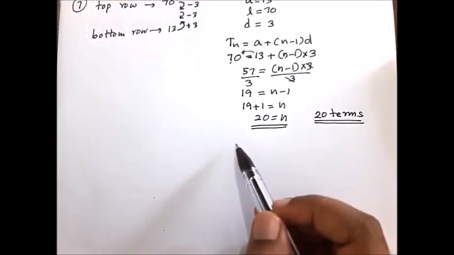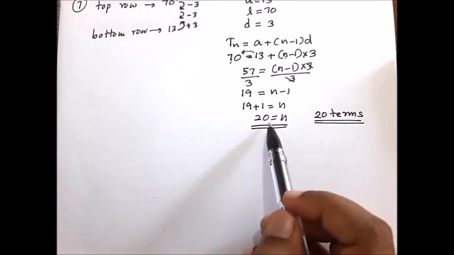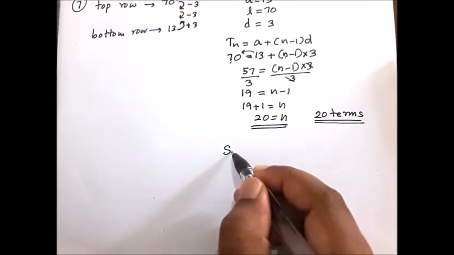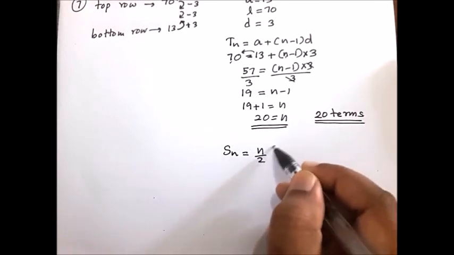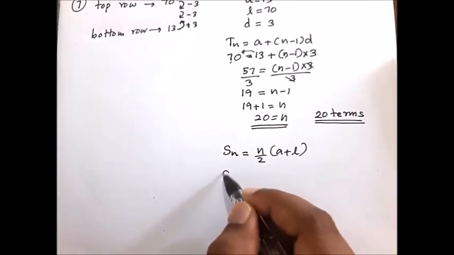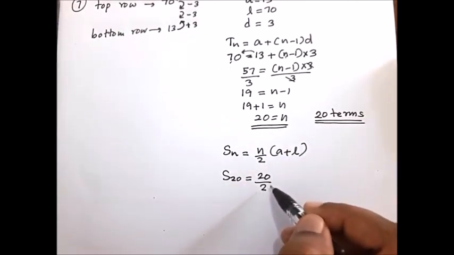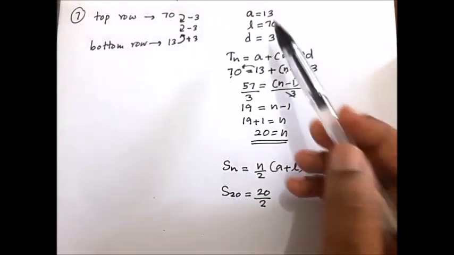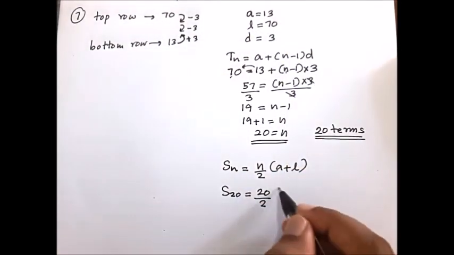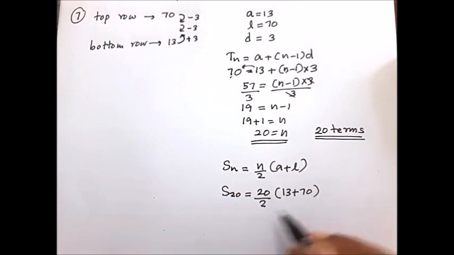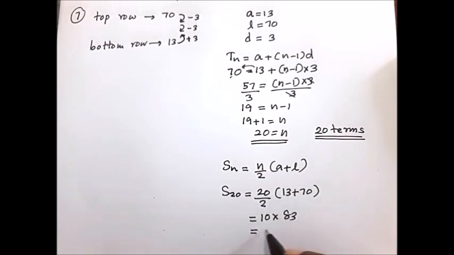To find the total number of tiles in these 20 rows, you can apply this formula, Sn equals n over 2 times a plus l. Sum of 20 rows. Number of terms 20. First term is 13. Last term is 70. 20 divided by 2 is 10. 13 plus 70 is 83. 10 multiplied by 83 is 830. Therefore 830 tiles